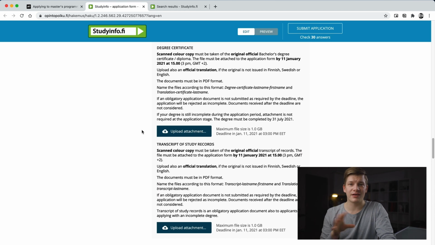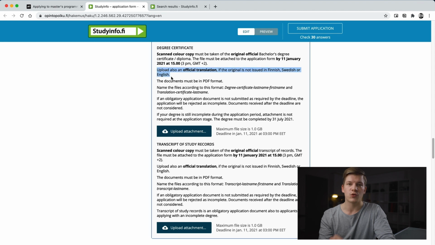So after you have filled in the rest of the degree information, you have to upload some attachments. Here, first, you need to upload scanned color copies of your original degree certificate and transcript of records. Also, please take into account that if the certificate and transcript are not either in English, Finnish, or Swedish, you also have to upload official translations. In addition, there's a couple more